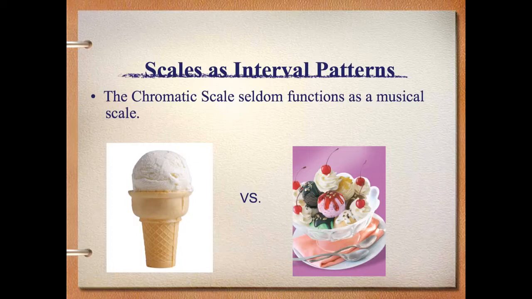If we just use all of the notes of the diatonic scale, that is, the notes that are in the key signature, music would be very boring and bland, similar to a vanilla ice cream cone. Of course, all of us would prefer the one on the right that has more flavor, more color, more interest. The notes of the chromatic scale allow us to play with some of those colors and flavors in our music.